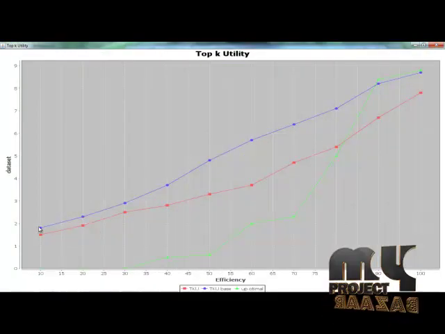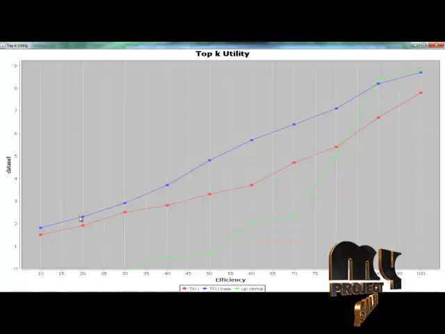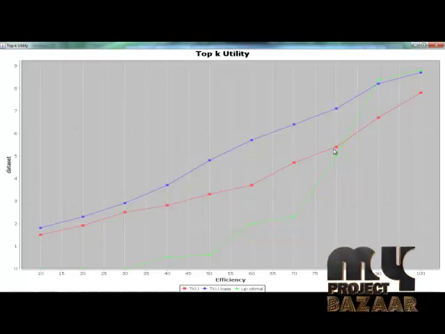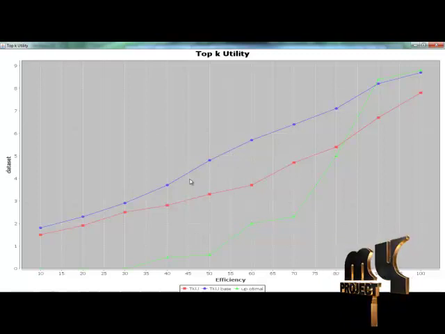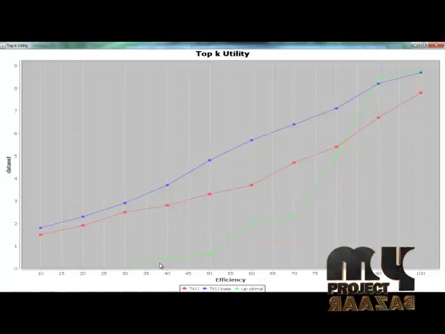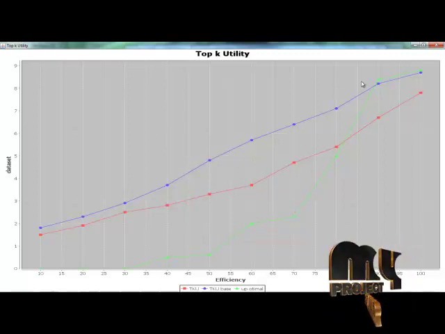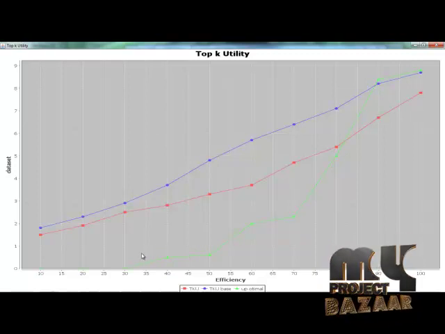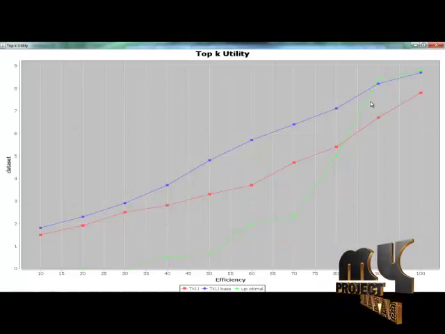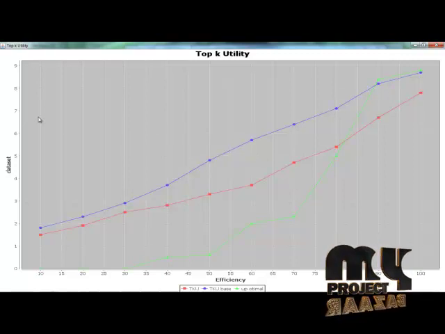In the graph, this is the top-K utility. This is the top-K basis. For example, the lowest values. This is the maximum, and this is the lowest minimum values. This is the top-K utility optimal. For example, threshold values. We have calculated these, and we have drawn a graph for certain data sets.